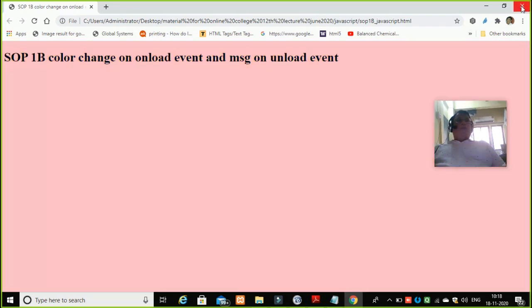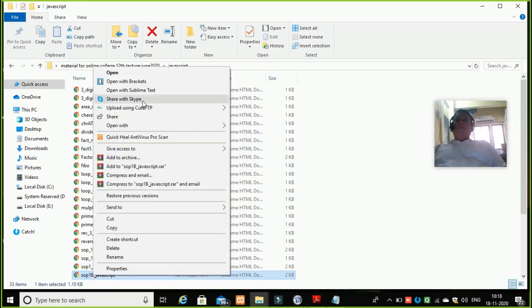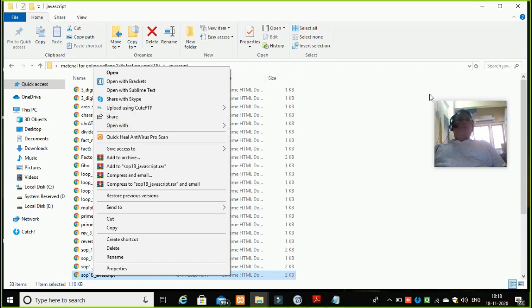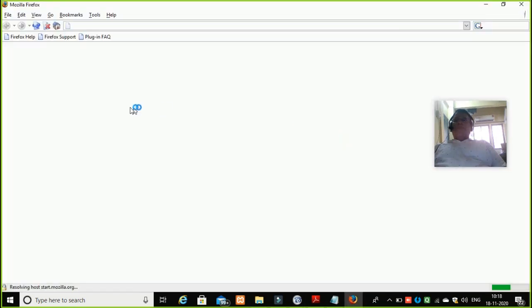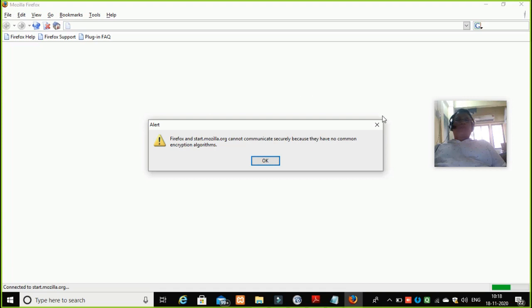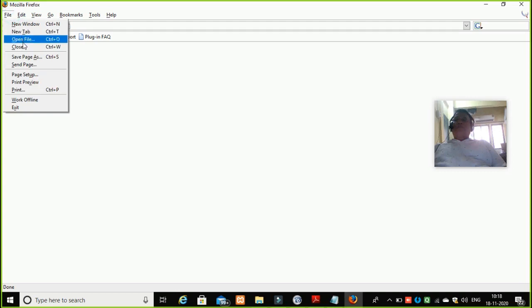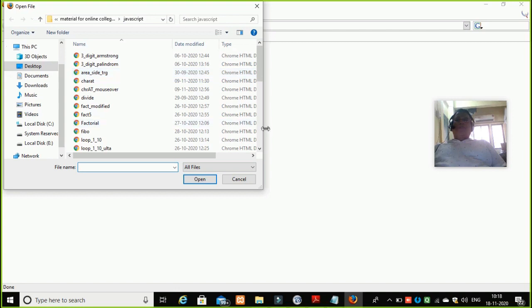Now, as I told you, we have to open this program in Mozilla. So let's go back to Mozilla here. Go to its file option. Cancel this. Open file. Then go here.